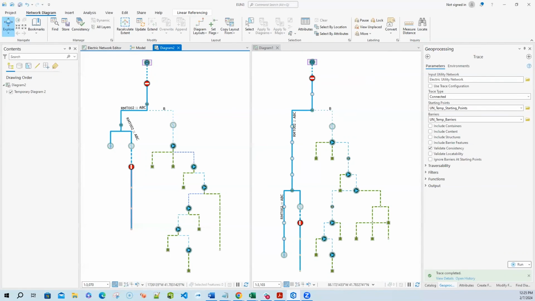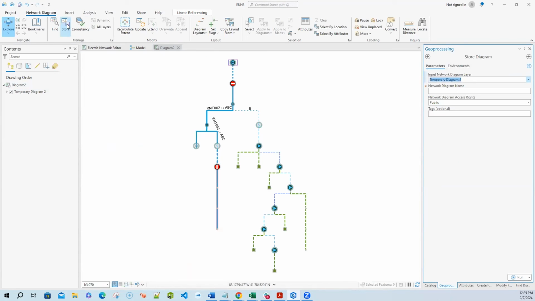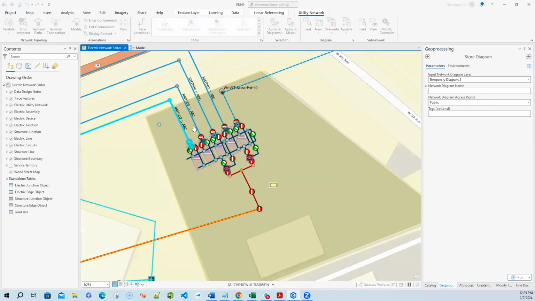So one of the last things that we had talked about was storing your diagram. Right now you can see over here it says temporary diagram 2. So we'll close out of this. If we wanted to store this diagram, we would come up here in the Manage tab and click Store. And then we would choose, this is highlighted for us, we'd give it a name. We could decide whether we want it to be public, protected, or private, give it optional tags, and then we would run that. This takes a minute, so I'm not going to do that, but I'll show you that